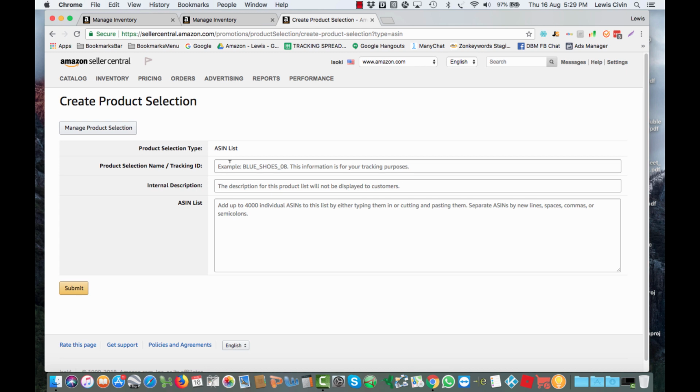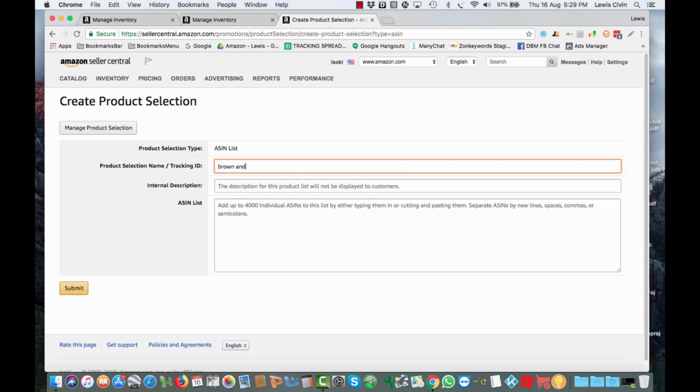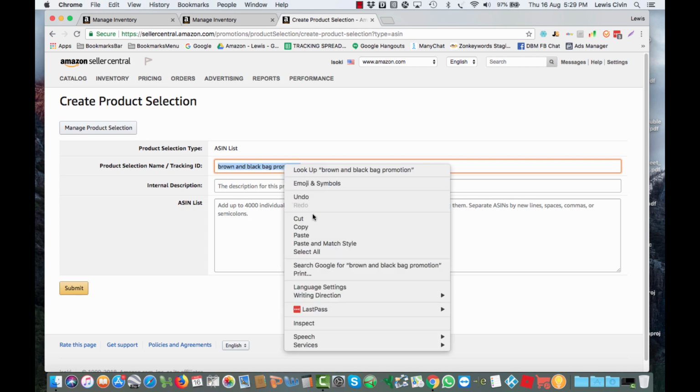This is the product selection name of your category. So I'm calling it, these are some other promotions I've been doing recently for clients. And so now this is going to be called brown and black bag promotion. And this is not going to be displayed to anyone, so you can just copy that again